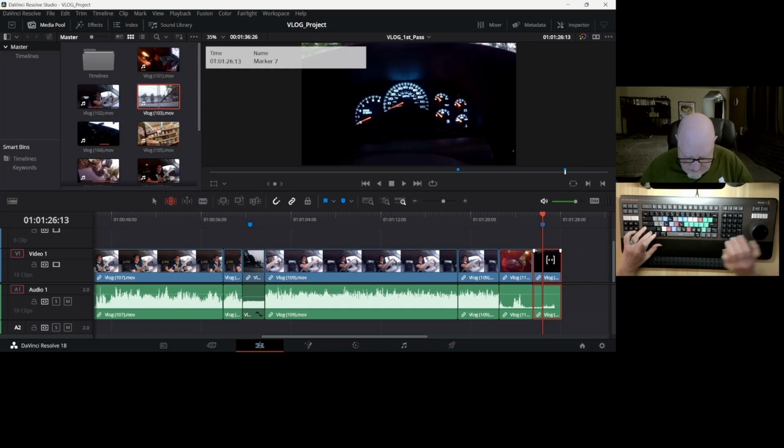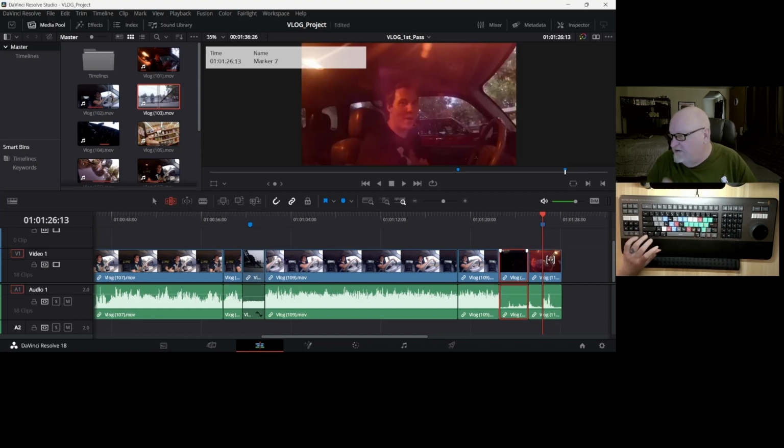I want to say Control Shift, nudge right or nudge left, which is the greater than or less than keys. And that's all there is to that. Pretty easily done. Let's see if these are cut right real quick, just to